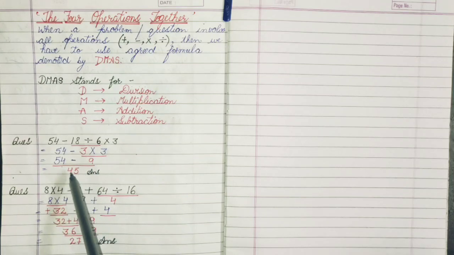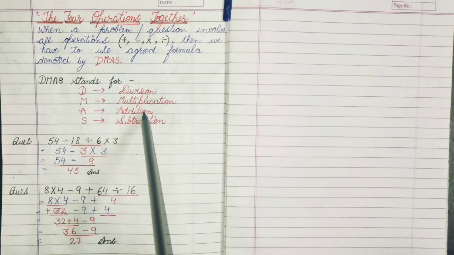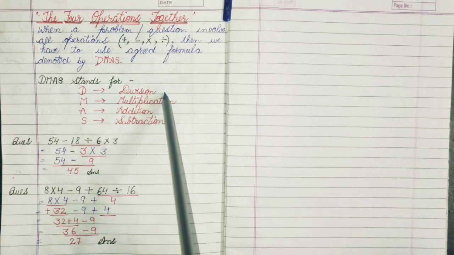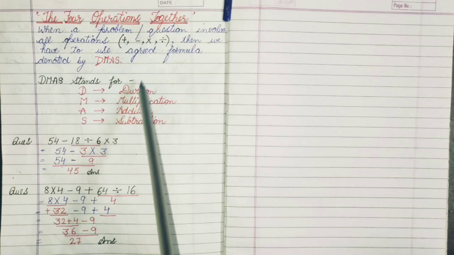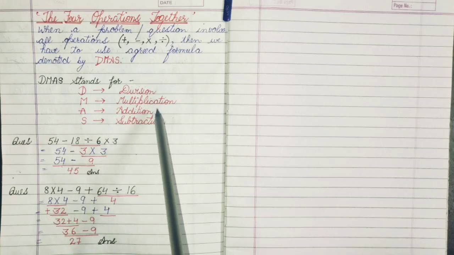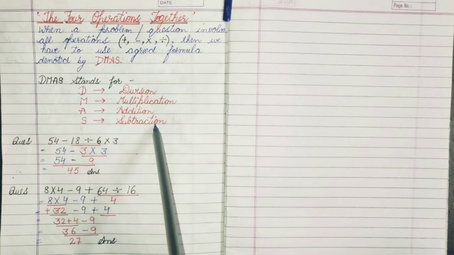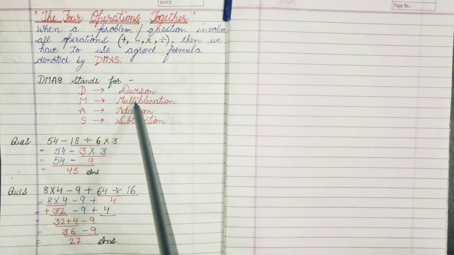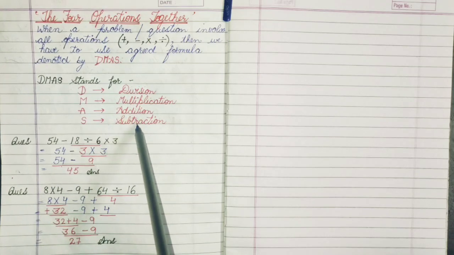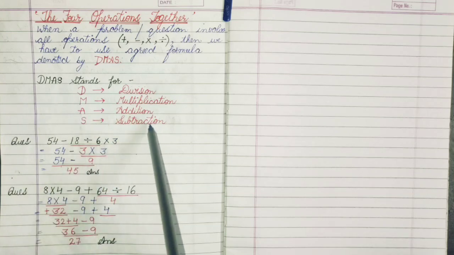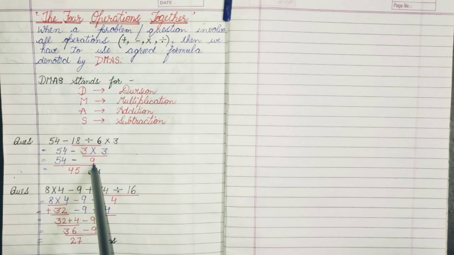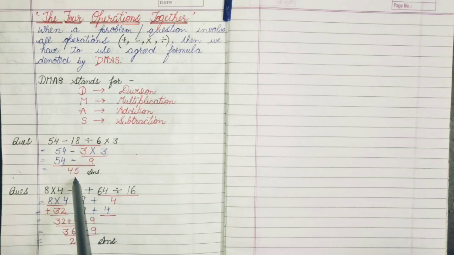Now, what do we have to do, class? We have to do addition, but you can see there is no plus. So in that case, if any of the operations is not there, we will leave that operation and move to the next. So after multiplication, we will go to subtraction. Why? Because in this question, addition is not there. So after multiplying, directly we will go to subtraction. So first of all, we will underline those numbers which are involved in subtraction. 54 minus 9. I told you, whatever we underline, we write its answer below it.